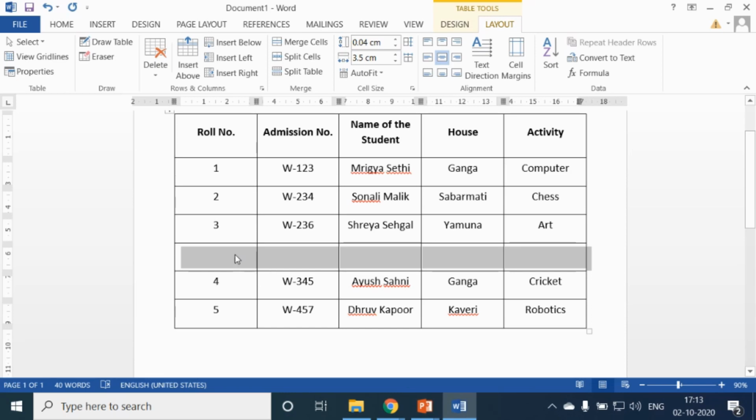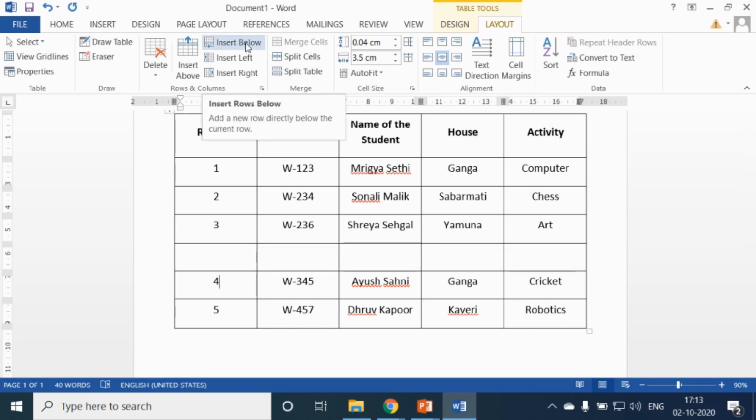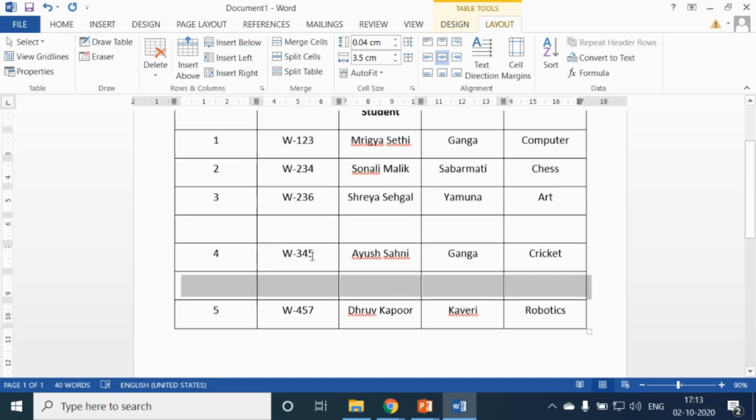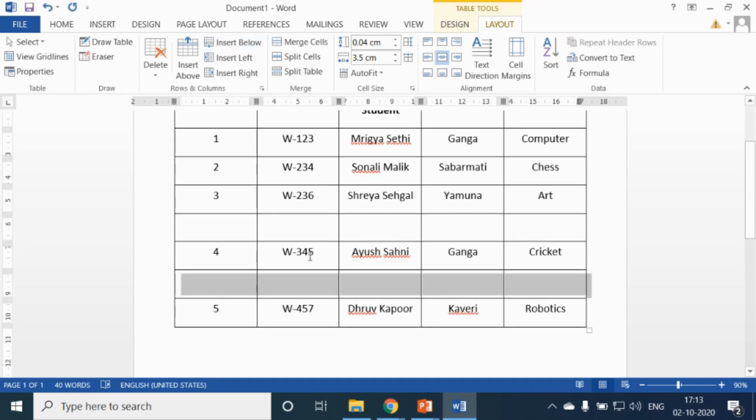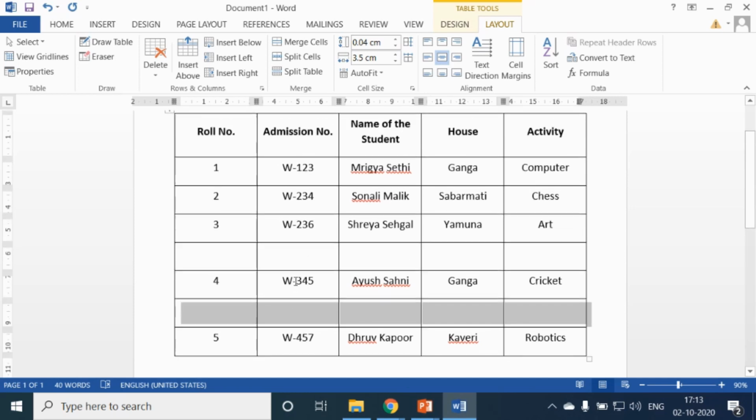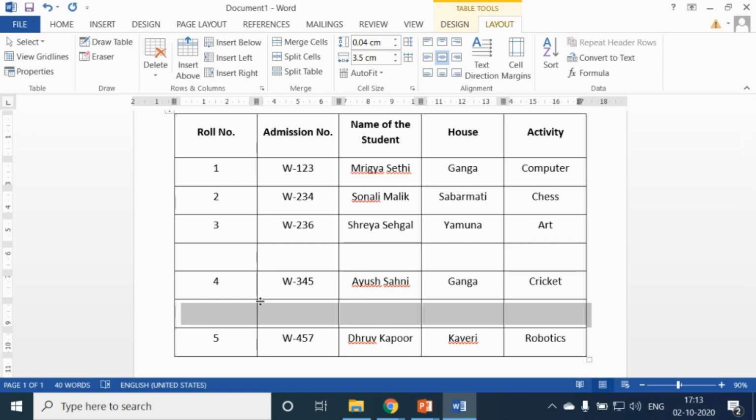Now again select the roll number 4 row and then click on Insert Below. So you can see that a new row is inserted below the roll number 4 row. Are you getting how to add a new row?